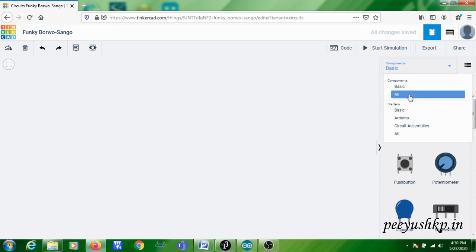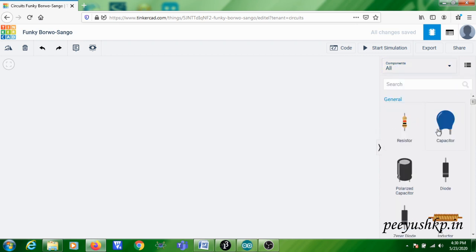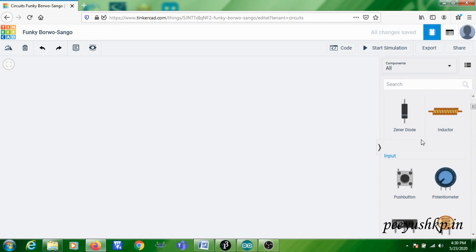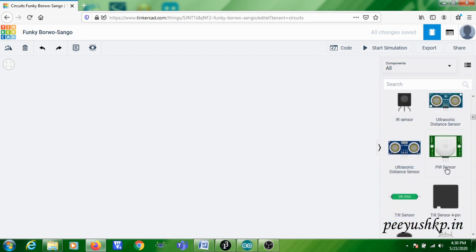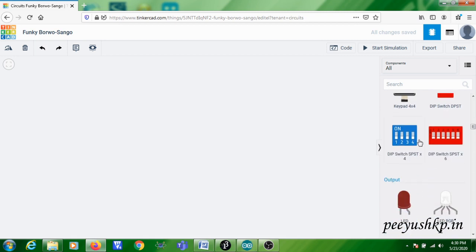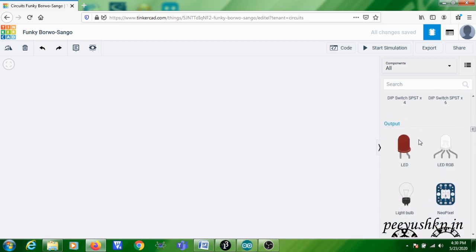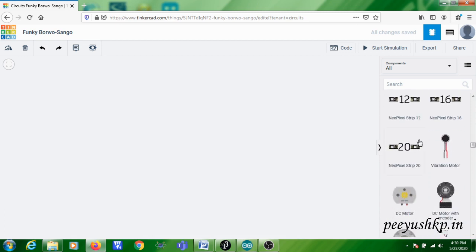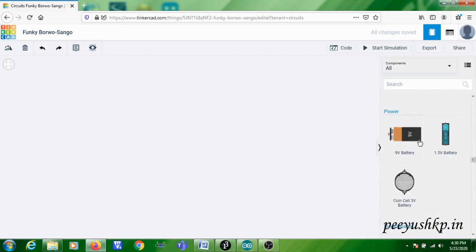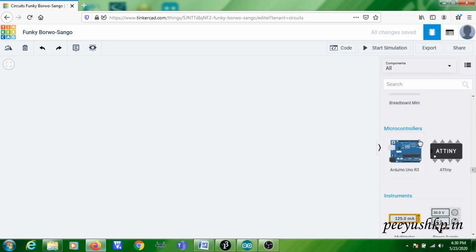For that you can click on this components all. All the components will be shown here in the list. You can see potentiometer, switch, LED, LDR, ultrasonic, PIR, keypad, LCD, etc. Most of the components which can be interfaced with Arduino are available here. Again you can scroll down and at the last you can see the microcontrollers. Here I am going to use Arduino. So click on Arduino,